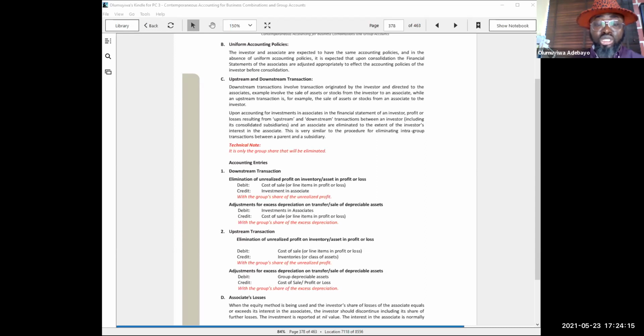Where there is excess depreciation arising from the transfer of assets, which does not apply to sale of goods, you'll find that the adjustment also will be to reduce your investment in an associate and also adjust by reducing the effect of that on your cost of sales. And those are the first two adjustments you see here, dealing with downstream transactions. But if it's an upstream transaction, where it was the associate that sold goods or transferred